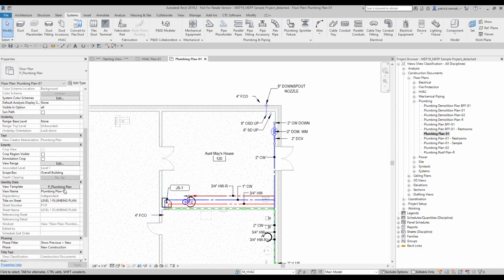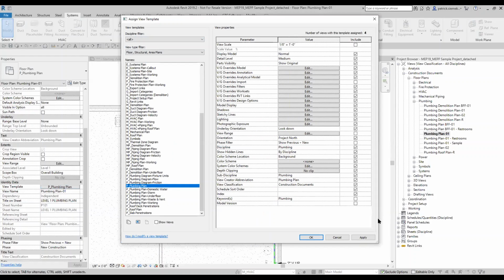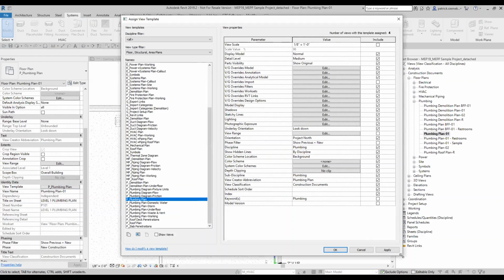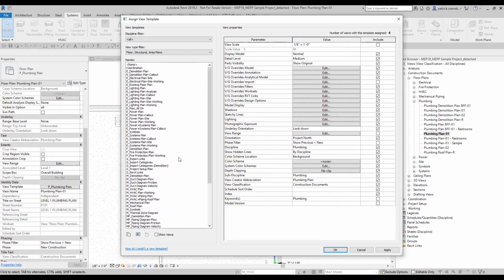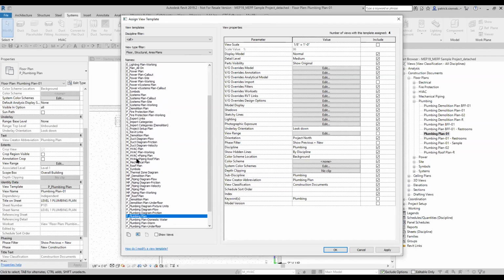So again, from your analysis views to your construction documents, and once we work our way through coordination, project setup, and working inside of the MEP pack, we will notice that there are many different types of view templates. The pack has already been created by several users. Many man hours have been put in to develop this, along with industry expertise. So here we can see a large list of many different types of view templates, depending on the scenario of that view, from our demolition views to our specific systems, be it electrical lighting, electrical power, M for mechanical,